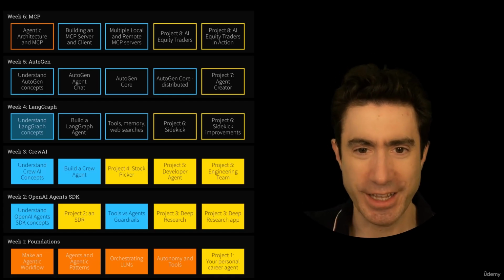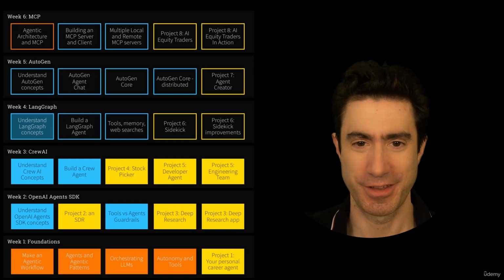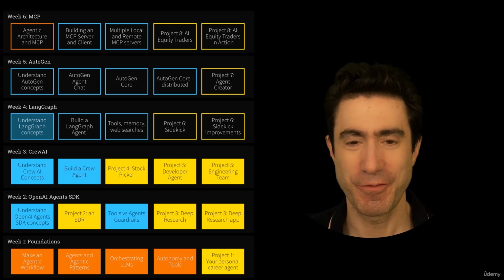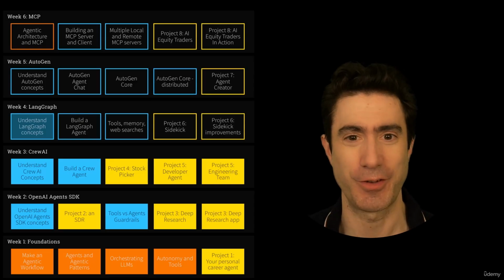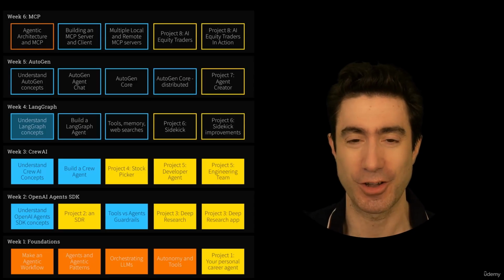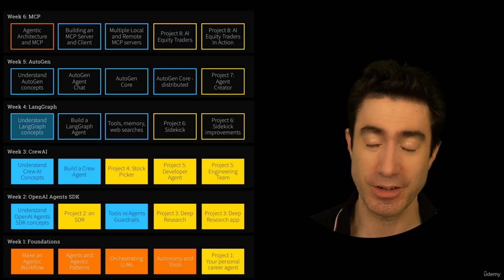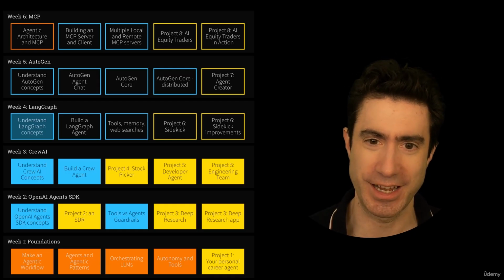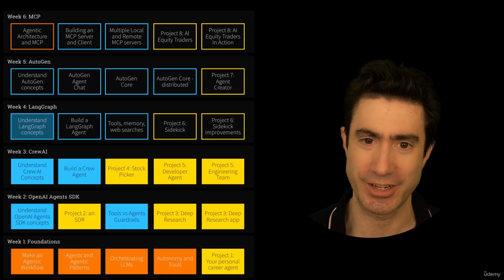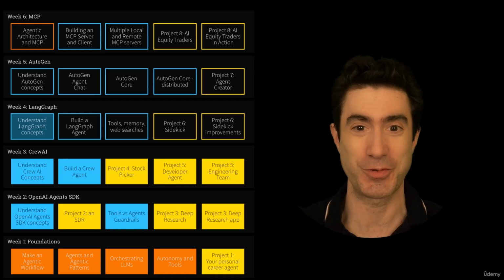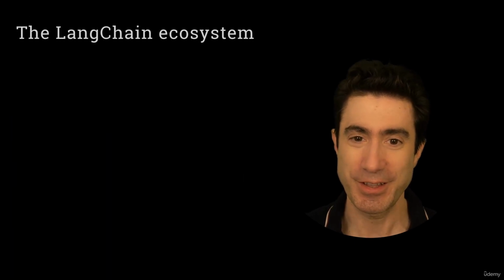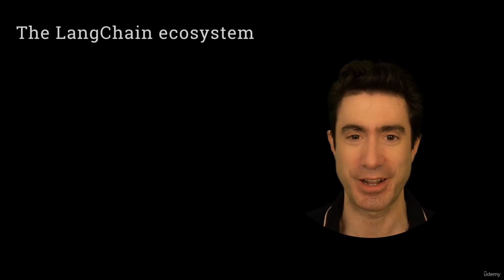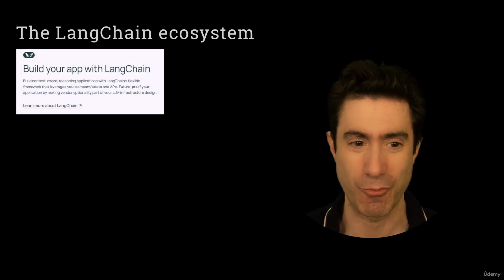But before we even get into LangGraph, I know what you're thinking. You're confused. You're confused about LangChain and LangGraph, and maybe also confused about LangSmith, if you've heard of that. It is the trio of products offered by LangChain, and you may be unclear about how LangGraph fits into it and why aren't we going through LangChain? It would be a great question, and it's one that I intend to clarify for you right now. And this is the LangChain ecosystem, and I could think of no better way of showing it than by taking little snapshots from their website.